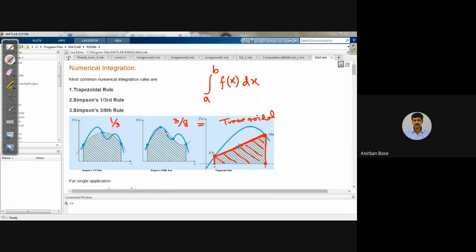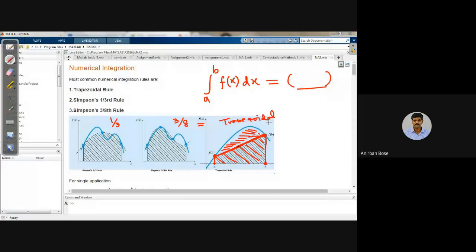approximating the integration between x is equal to a to x is equal to b. And definitely it is clear that we will incur some error. What is that error part? Clearly you can see this is the error part. This part is error, because in numerical integration, if we just calculate the area of the trapezium, then we lose this much of area. So this is not exactly what we are trying to estimate with the trapezoidal rule. Definitely some error will come, but the idea is this. This is the way we calculate the area using the trapezoidal rule. This is the basic idea.